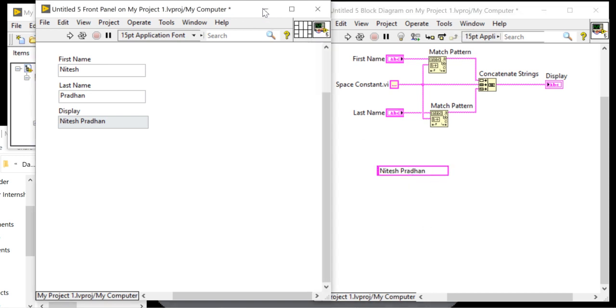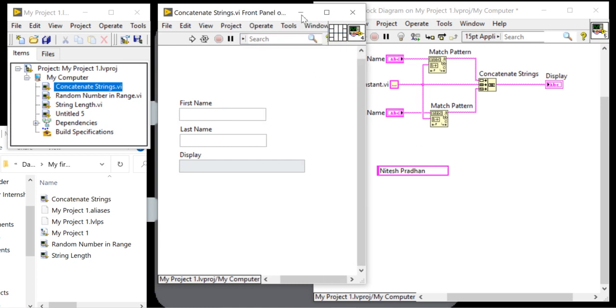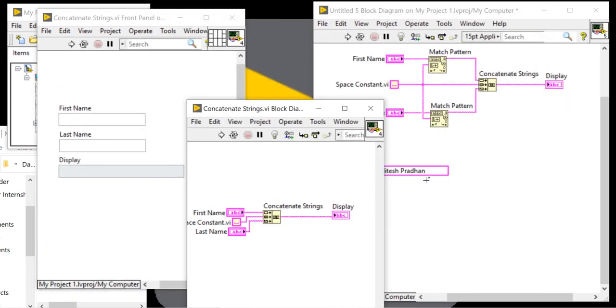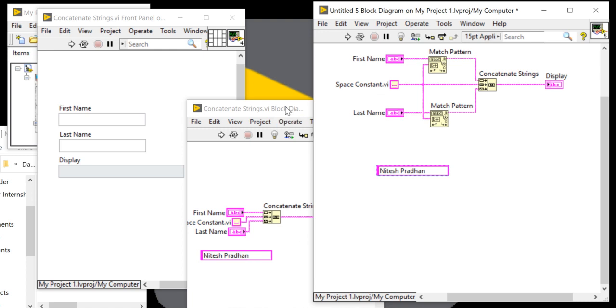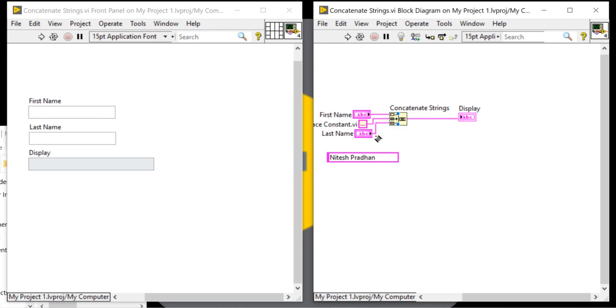Now I'm going to open the previous program again. Just think that in the database, Nitesh Pradhan is written like this.